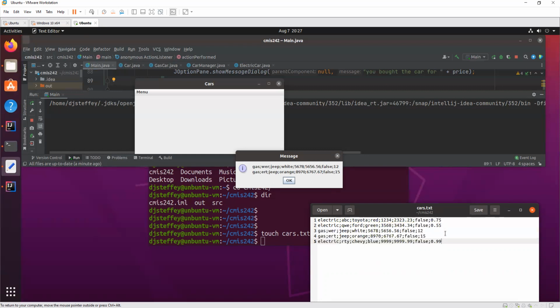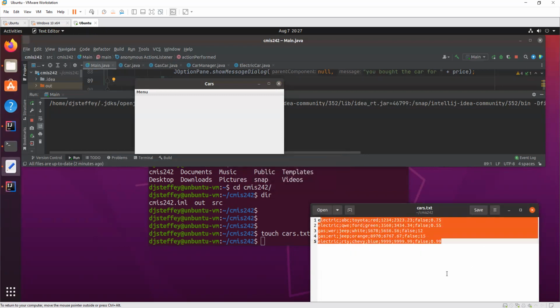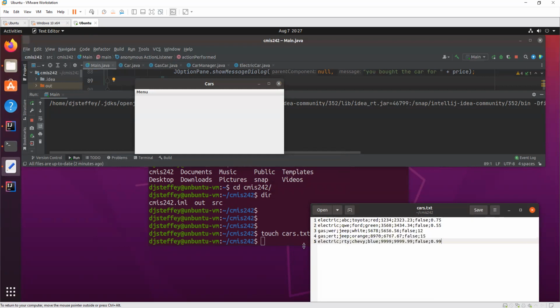So we have this file here that it loads from. So what you have to do is whenever you sell a car, you need to make sure you update this file. So if I go in here and I sell the Jeep, I need to write in this file that the Jeep has been sold, so that whenever I close the program and I open it back up again, let's kind of simulate that.